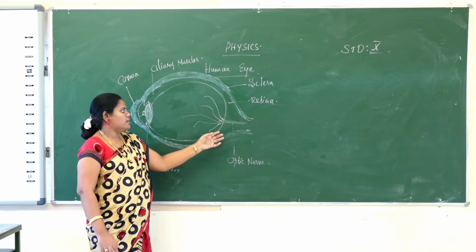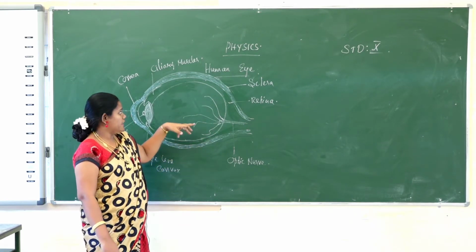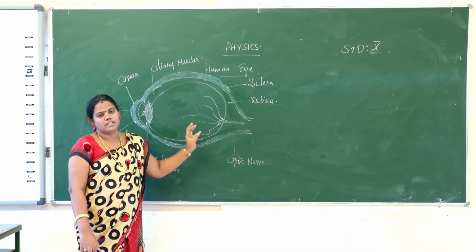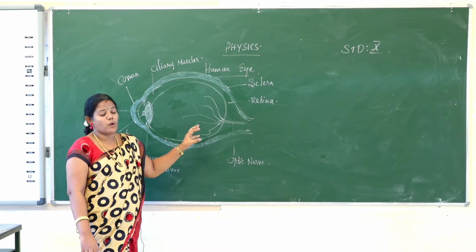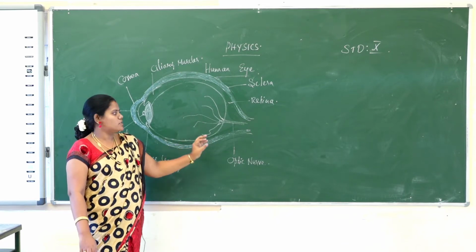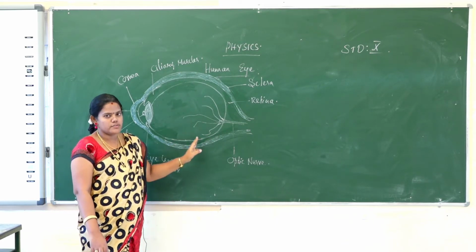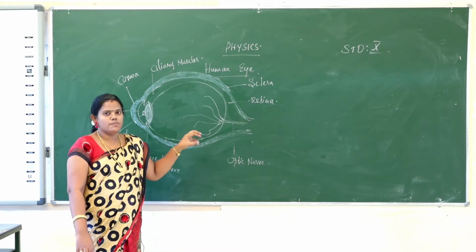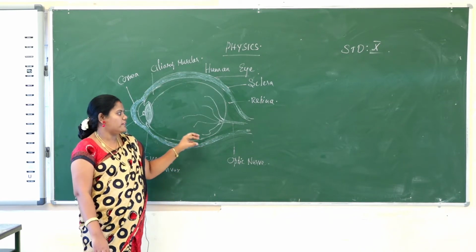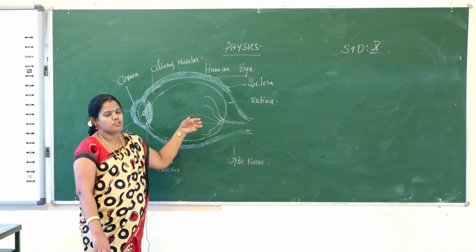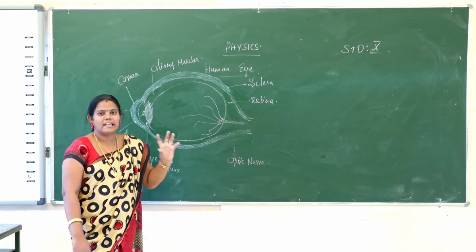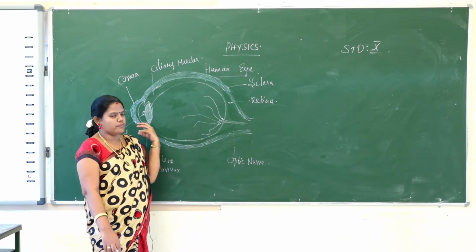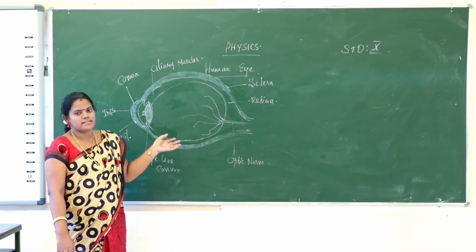Then the last part is the retina, which is the screen for the objects. Screen means the image will be captured at that point, but only an inverted image is formed. Only the inverted image falls there. After that, the optical nerves sense what object is being seen, and it is transferred to the brain. The brain analyzes what the object is that you already saw in front of the cornea. So those are all the parts of the eye.